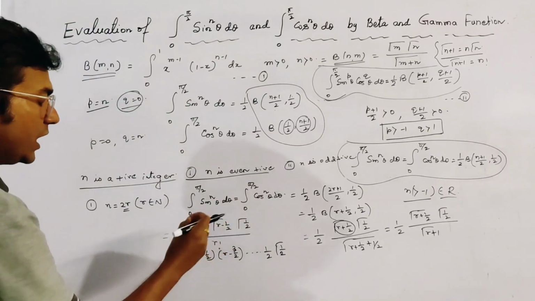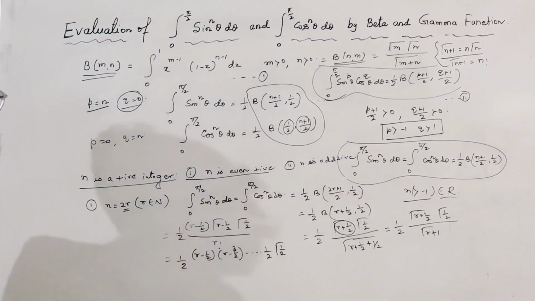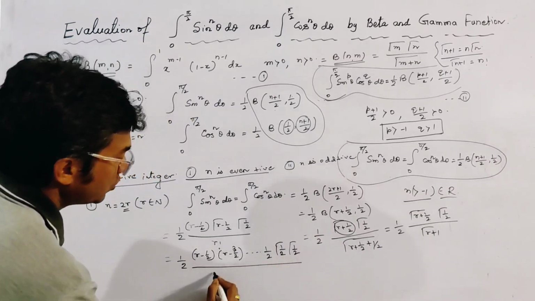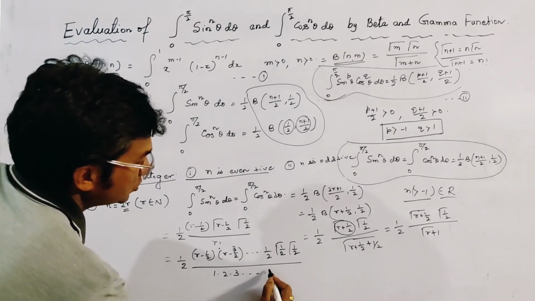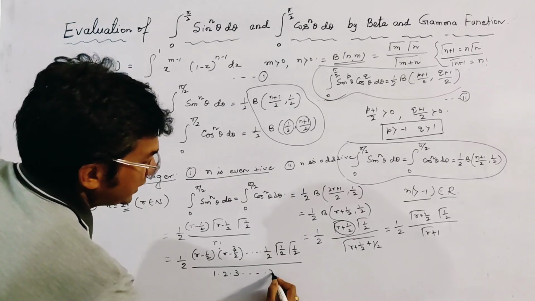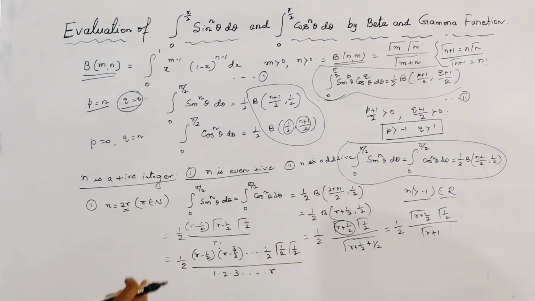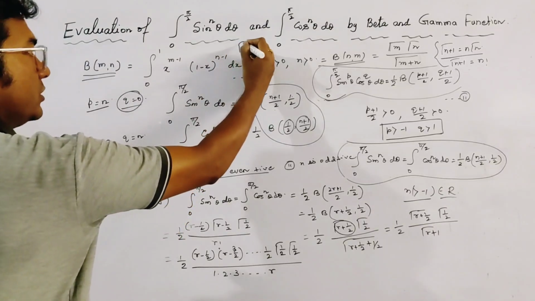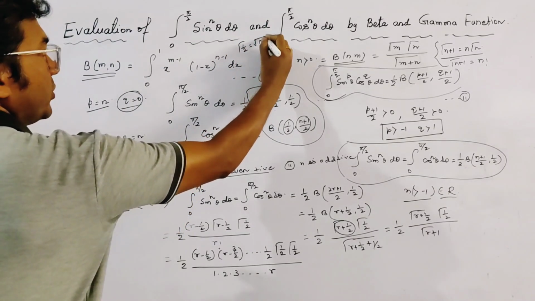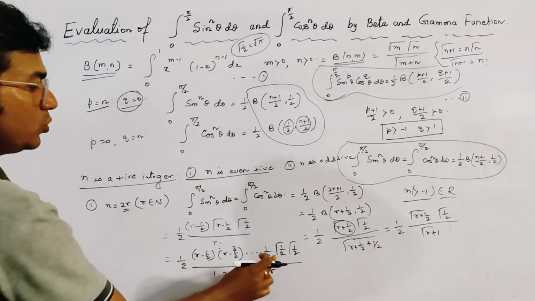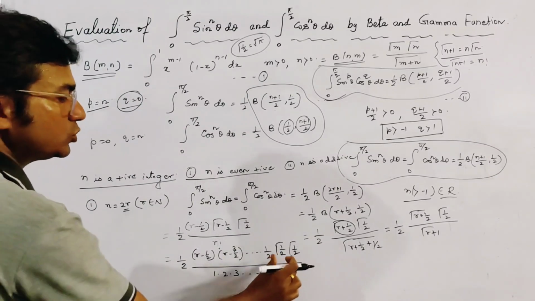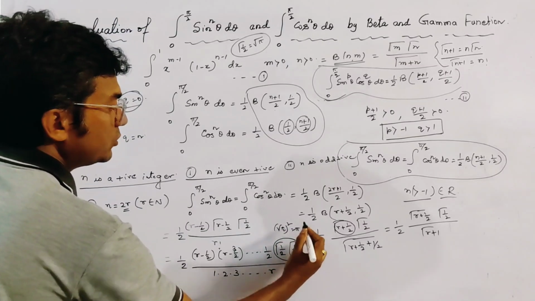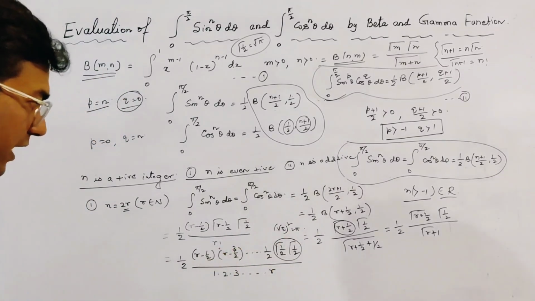So after r steps, we get gamma(half), and we get another gamma(half), and the denominator is 1 into 2 into 3 up to r. We already discussed in the previous class that gamma(half) is equal to root pi; we proved this result. So gamma(half) squared is root pi whole squared, which is equal to pi, and the result can be written as